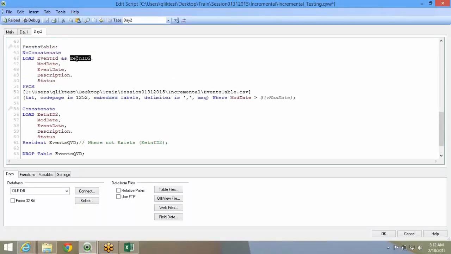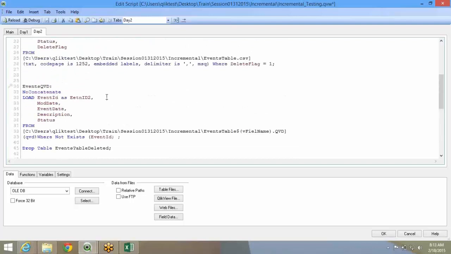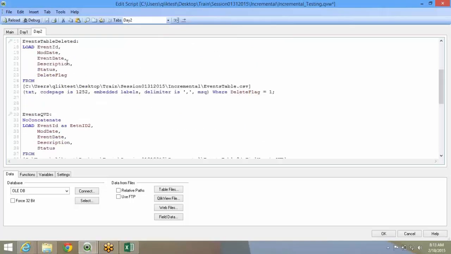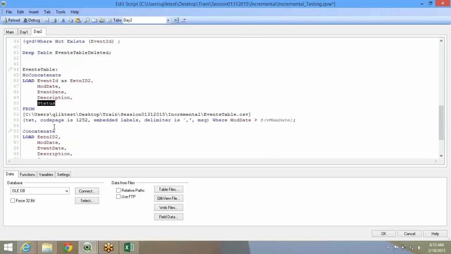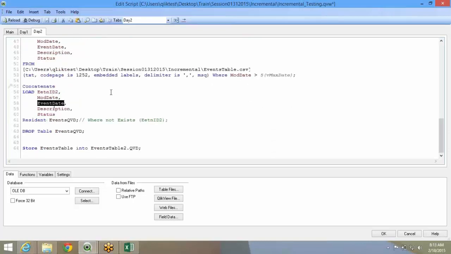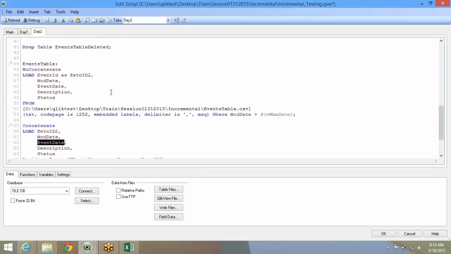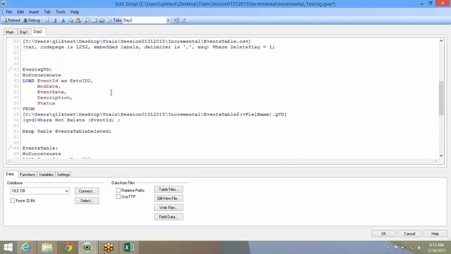The events table. Fine, then I'll figure it out. So basically, first find out the deleted, exclude the deleted, then load it again with the modified, and bring in only the modified records or updated records. So that is the only thing that we can do now.